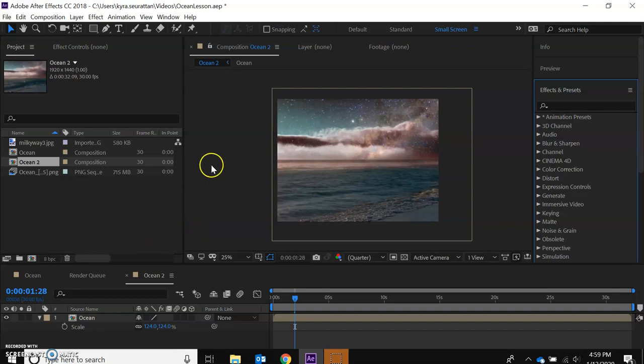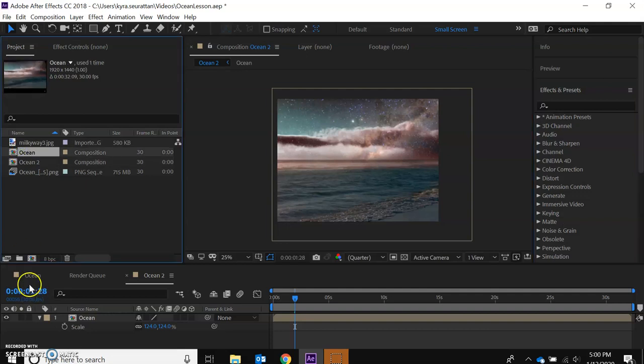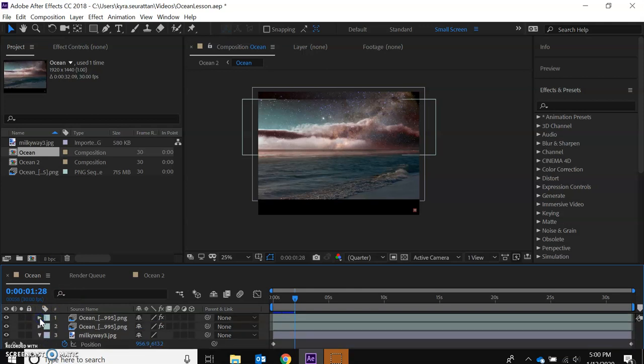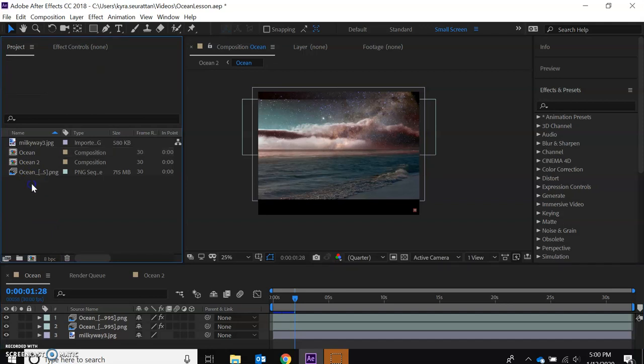So let's get started here. I have my finished product in here, Ocean and Ocean 2. So we are going to recreate this now, and it is composed of 3 different layers. So let's begin. So generally, we can ignore these 2 compositions because these are the finished products, and we want